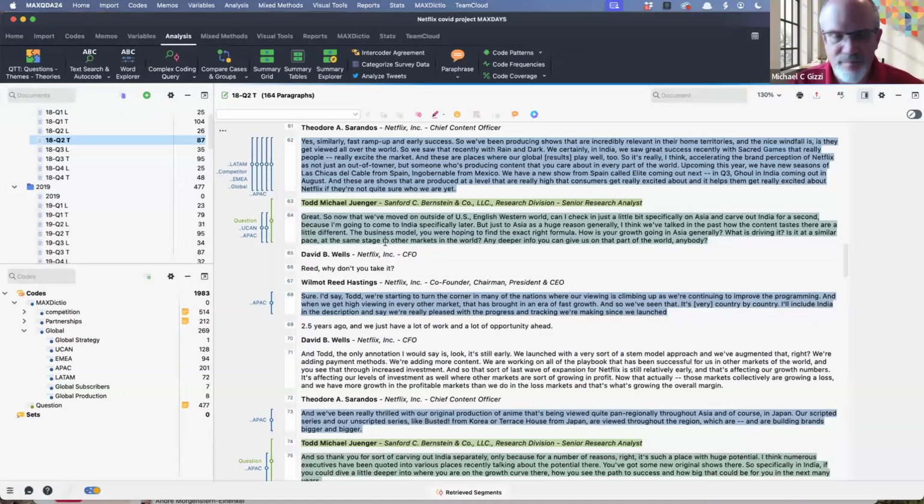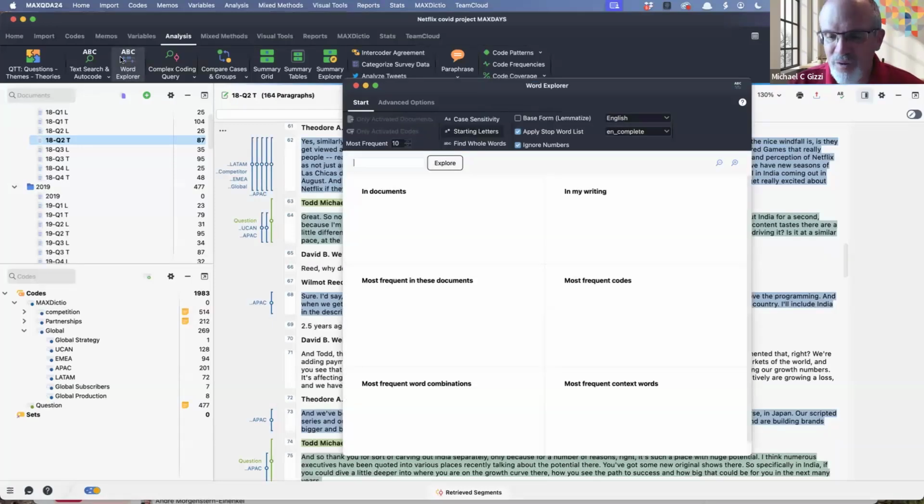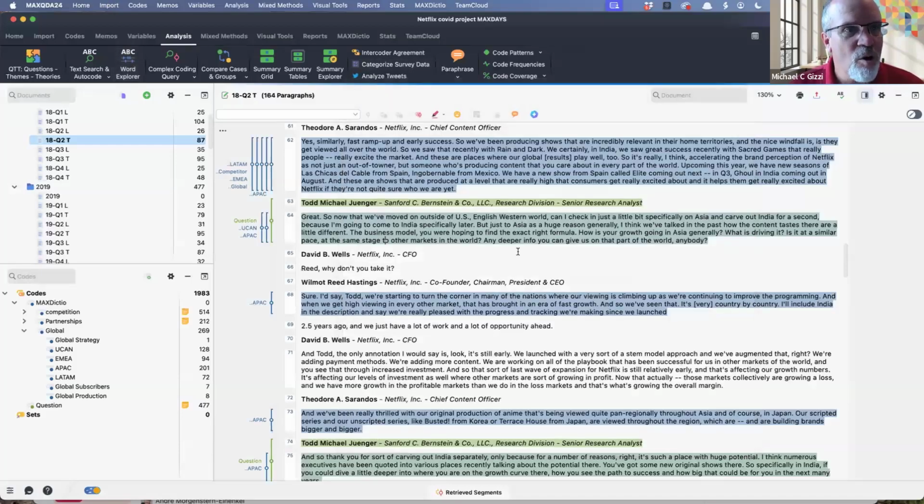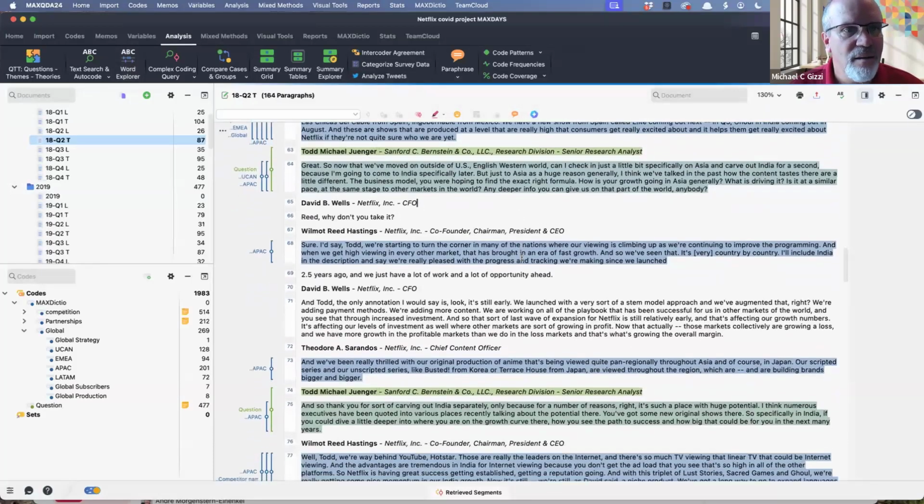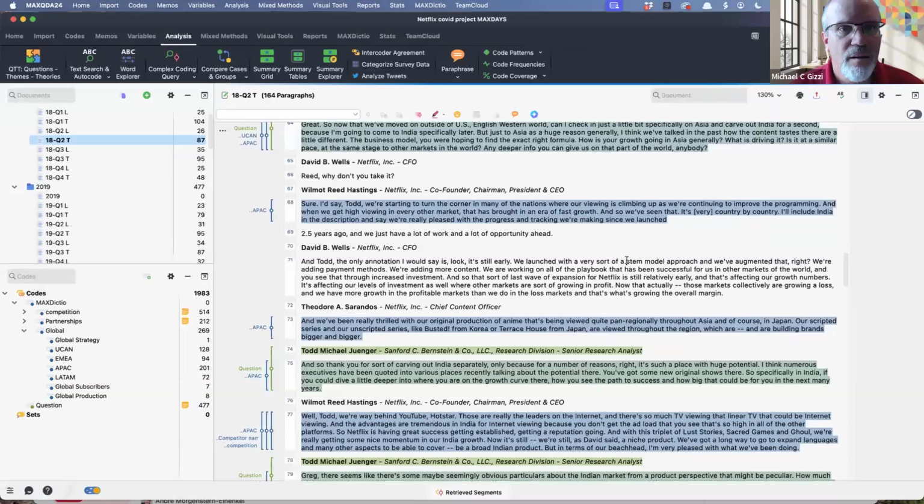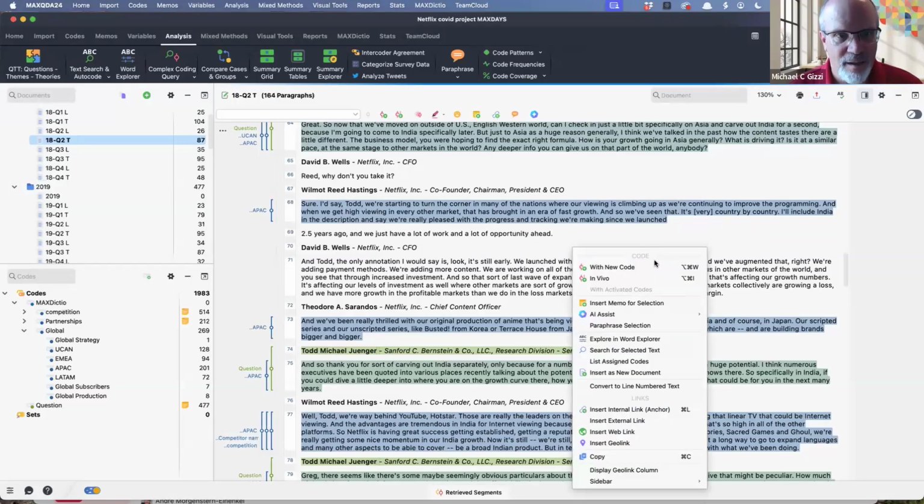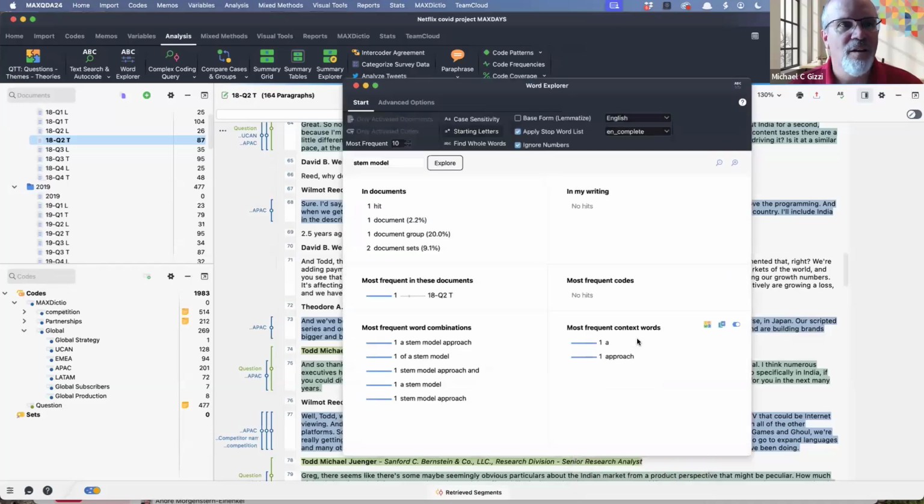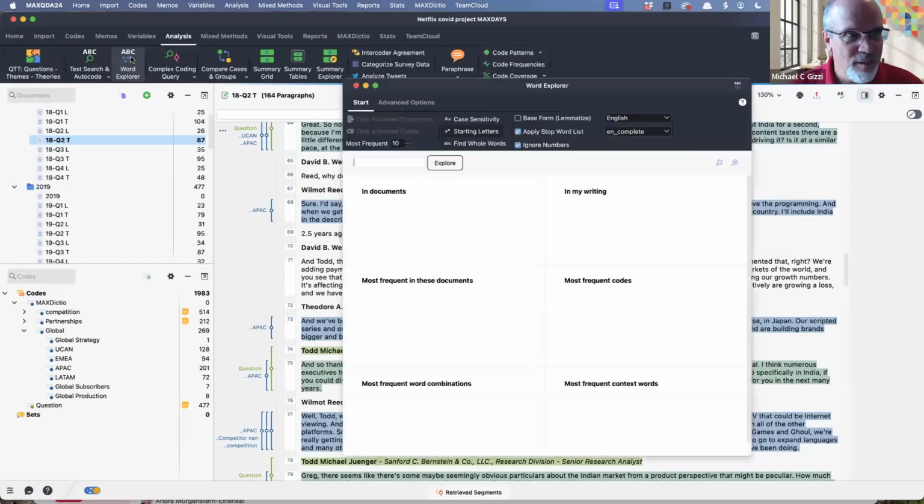So Word Explorer. How do we get to Word Explorer? First off, there are two ways to get to Word Explorer. One is just to open it here in analysis, or I can take a word or phrase, highlight it, right click, get to the context menu, and explore that word in Word Explorer. Not a great choice that I chose because there's literally one hit for that word. So there's two ways to get to Word Explorer. Directly,